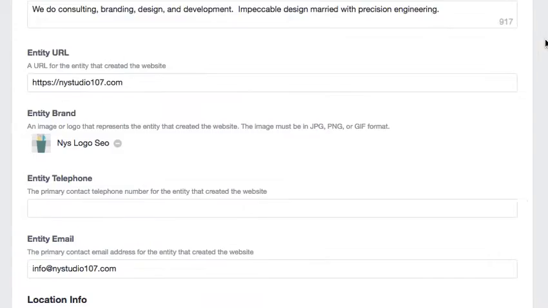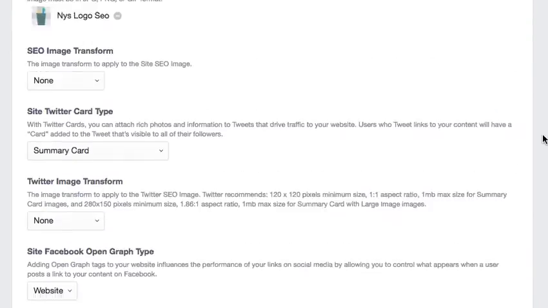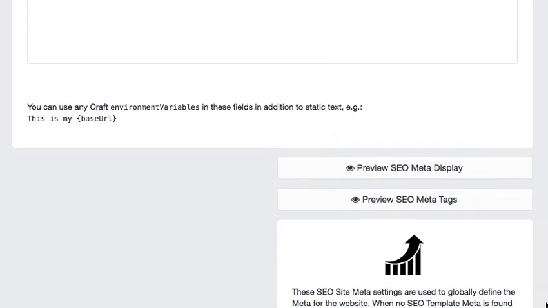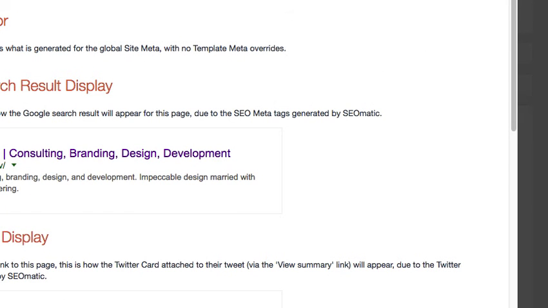So we've given you a really quick overview of some of the settings in SEOmatic. Now I'm going to explain to you how this actually works in practice. So we're going to go to the site meta page, and one kind of cool thing that we have here is these buttons that are preview SEO meta display. So if we click on that,